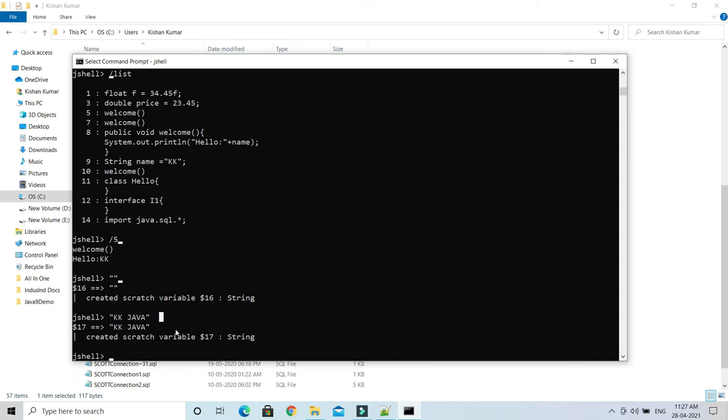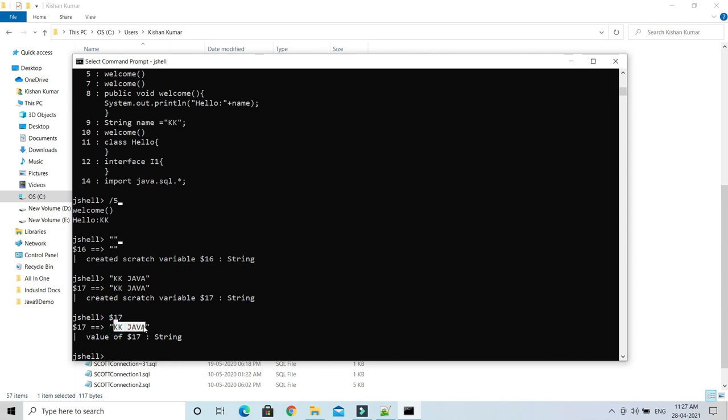Then JShell creates a temporary variable and stores the value in it, and you can use this variable anywhere in your JShell terminal. Like I would like to print the value of $17. $17 is nothing but the ID. If I press $17, it will give you the content stored in this variable. Of course, you can use this variable in any method as well. So that's the beauty of JShell.